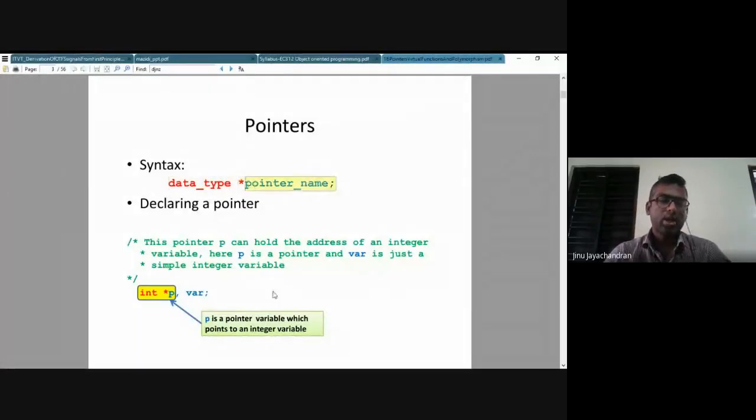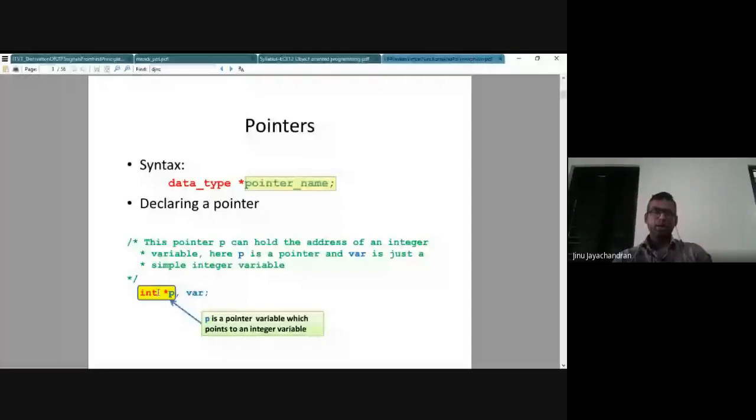How will you declare it? You say int star p, where p is a pointer variable which points to an integer variable. You should design yourself where this pointer should point to. If it is pointing to a floating point value, then you should have float star p. If it is pointing to a char value, you should have char star p.